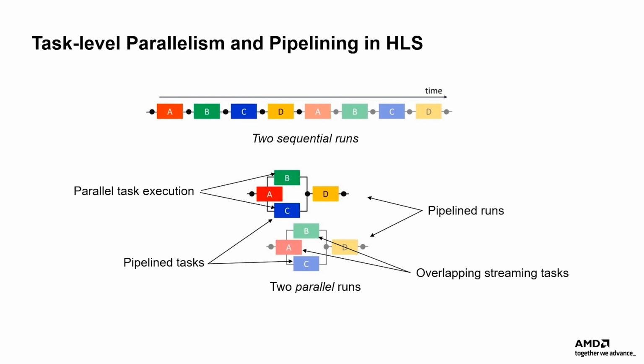Typically, a program written in C/C++ is executed sequentially on the CPU as shown in this example. In order to achieve high-performance hardware, the HLS tool must infer parallelism from sequential code and exploit it to achieve greater performance. But this is not an easy problem to solve.